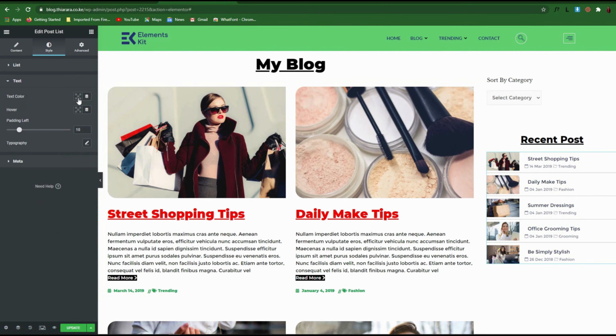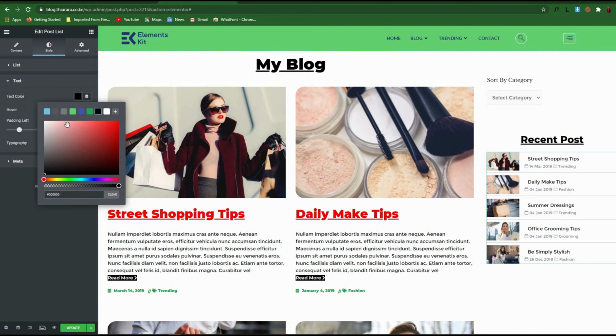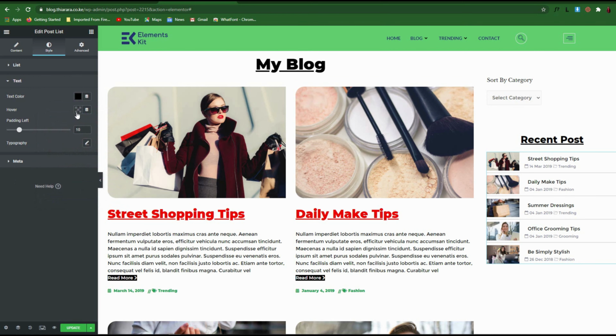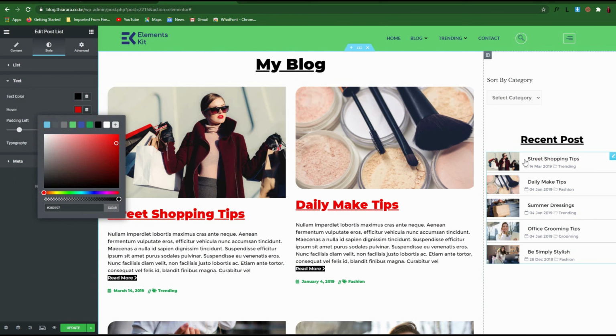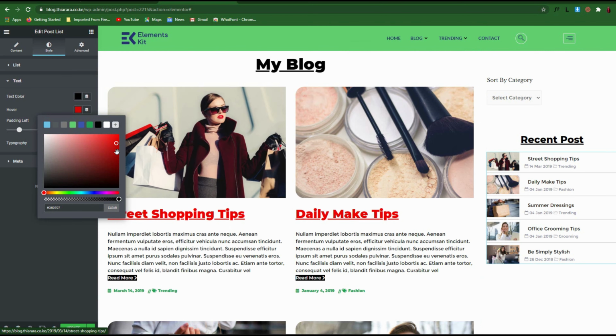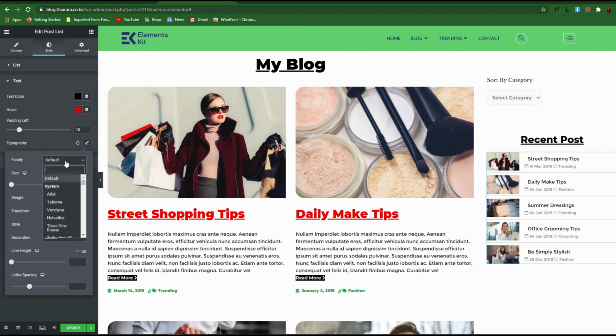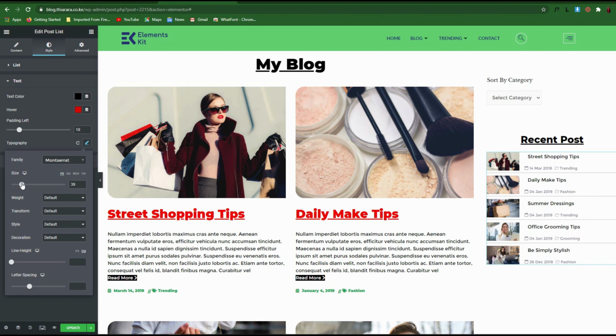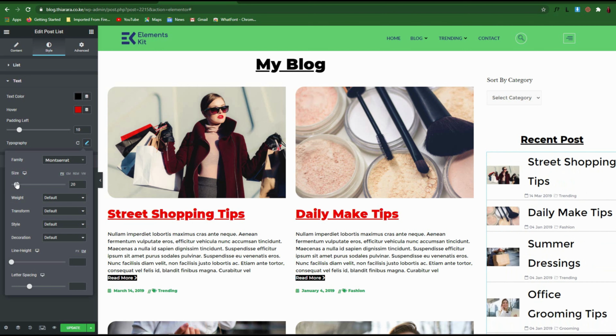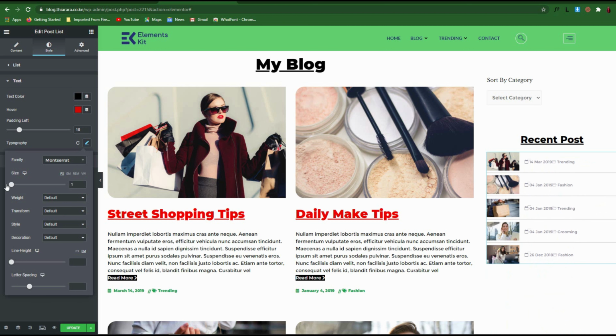Now let's come to text. The text I want it to be black. On hover it will just turn red. You can see on hover it will just turn red. From there we set the typography. You can set it like that and increase the size. You can increase the size, so